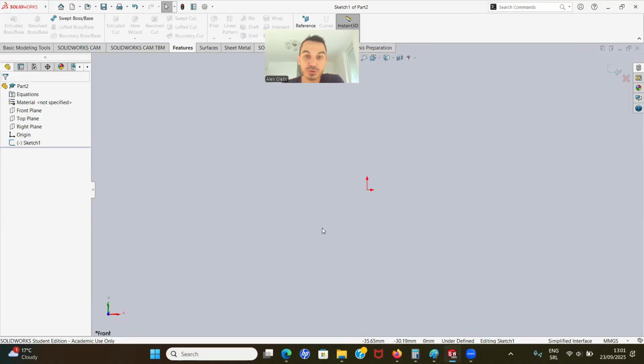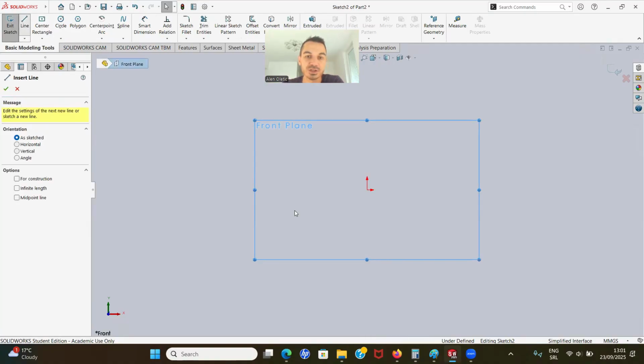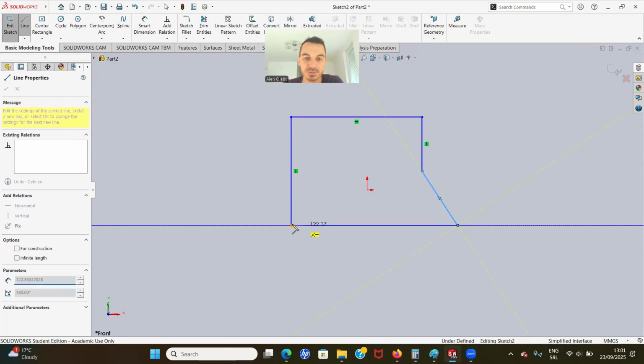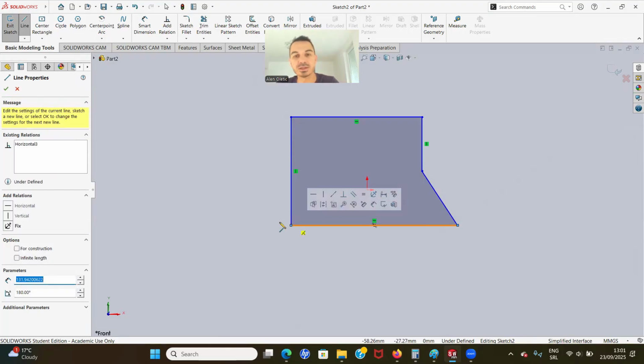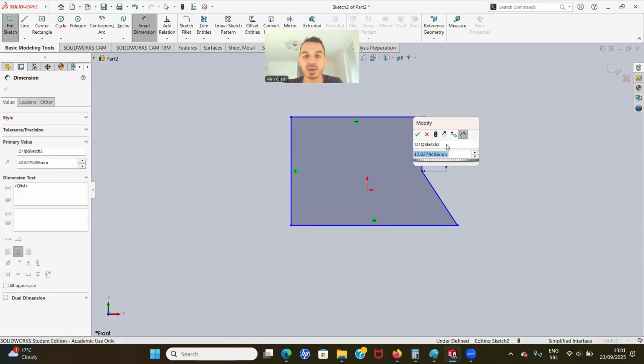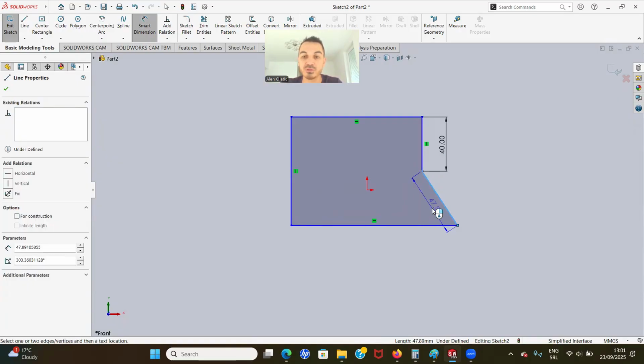them. The first one is overusing dimensions instead of relations. So let me show you. We can create a simple sketch, and let's just create something like this. So now, for example, if you have to put smart dimensions here, you can say the length of this line will be 40, right? And now if this line has to be 40 as well, you don't go here and make it 40,